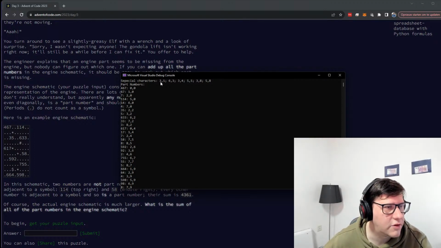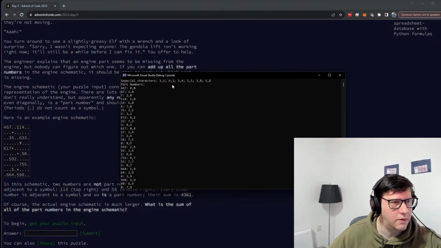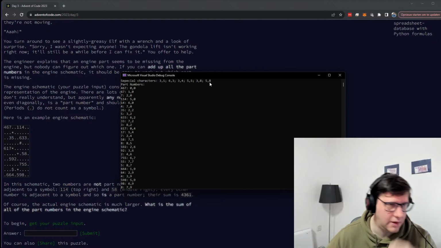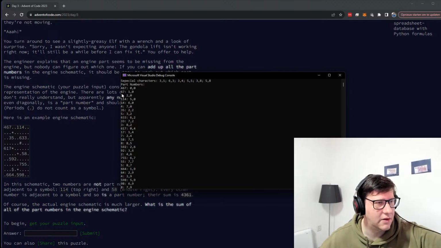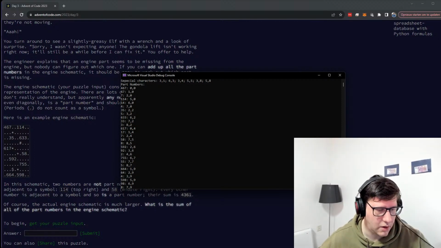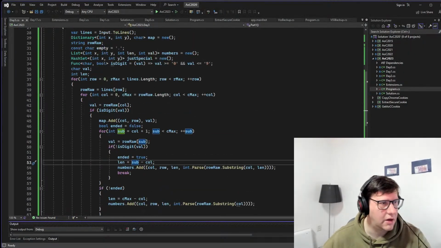So we have the special characters at 3,1, 6,3, 3,4, 5.5, yes, and then 3.8 and 5.8. Okay, so we detected all the special characters, that is fine. Then we have 4, 5, 6. This is not correct because it will keep going until it won't find a match. So what we need to do is actually